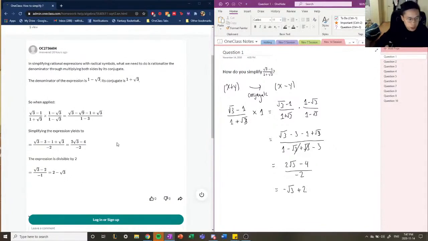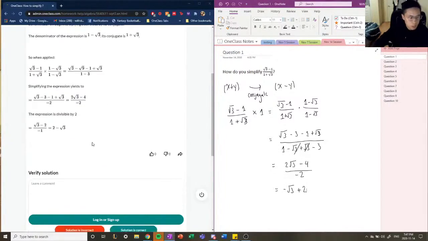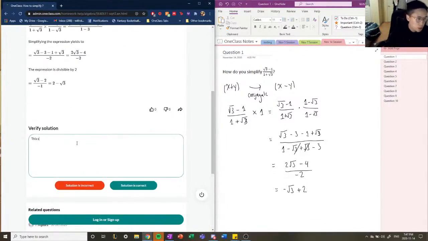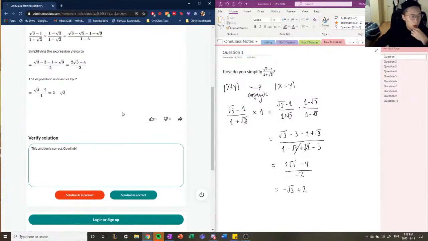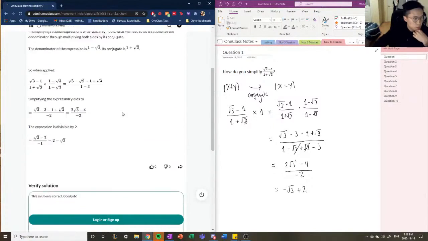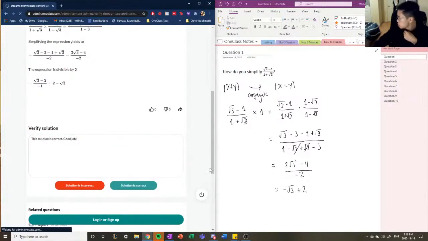Looking at what the junior tutor wrote, they basically wrote the same thing. The only thing is that the denominator of the expression is actually 1 plus root 3, not 1 minus root 3. So that's where they put something else there. So, yep, this solution is correct. Cool. All right. Let's move on to the